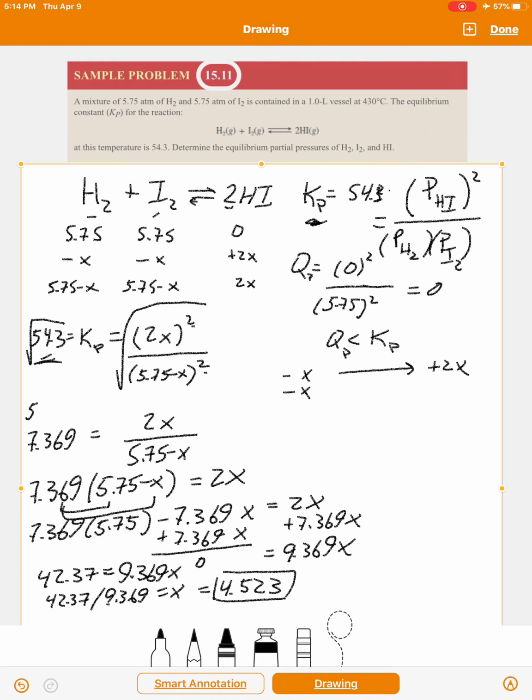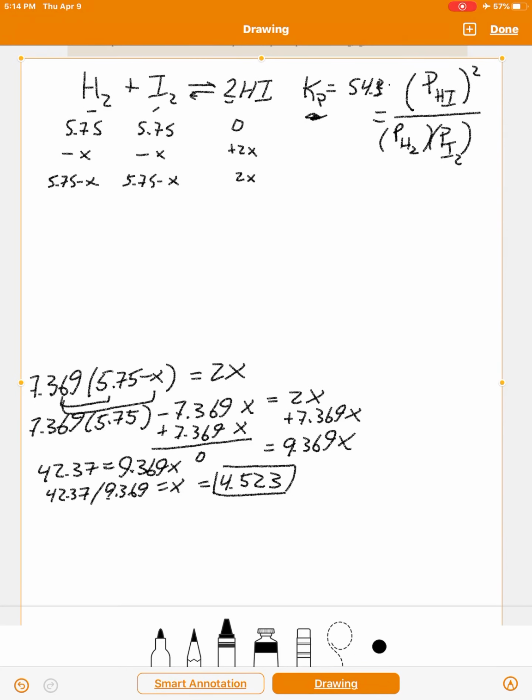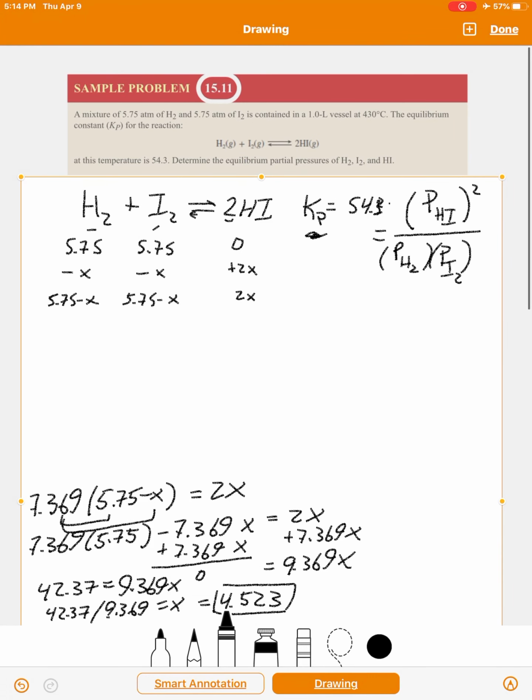Again, despite all that hard work, we've got to erase it here. I want you to leave that initial change in equilibrium table there. Okay, so now let's figure out what these are. The pressure of H2 is 5.75 minus x. So that's 5.75 minus 4.523, and it looks like that's about 1.23